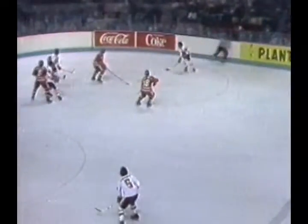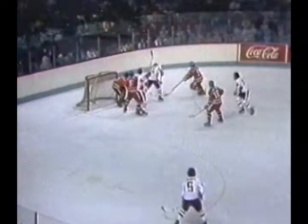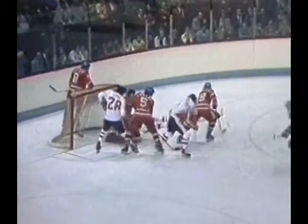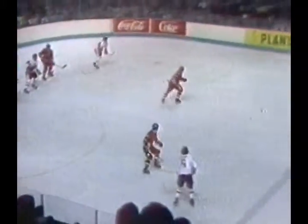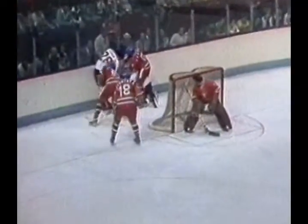Back to Leach to Bobby Orr. Canada on the power play. Leach at the side of the net, gets set, gives it to Clark, a backhand in front. It's grabbed by the goaltender, goes loose. Leach will try it again. Back to Lapointe, over to Orr. Orr winds up, fakes a shot into the corner. Barber's tied up and dumped. Leach is checked, and they hold it against the boards for a face-off, and we used up 20 seconds of